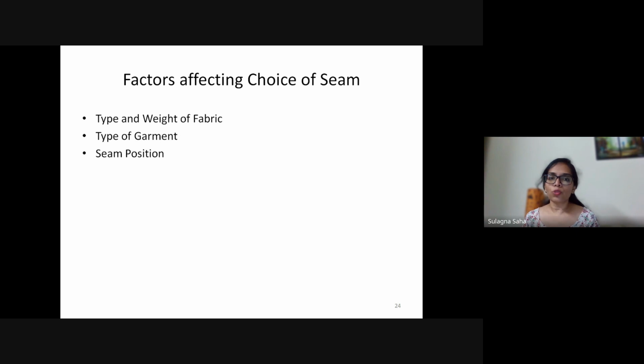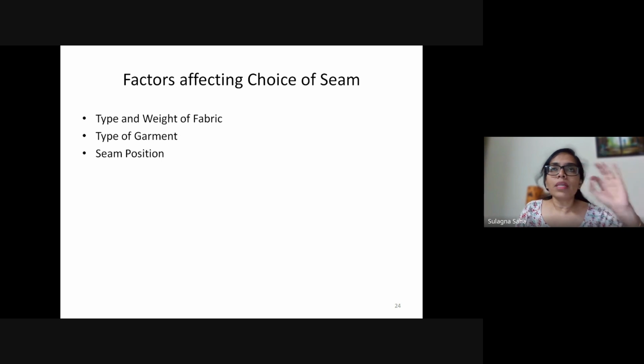Tomorrow again I will show you the type of seams, as you will see that different types of seam require different seam allowances, and again the seam position. If the location of the seam is a straight, like a shoulder or the side seam, I can have a little more seam allowance. If it is a curved place, then I might use lesser seam allowance.